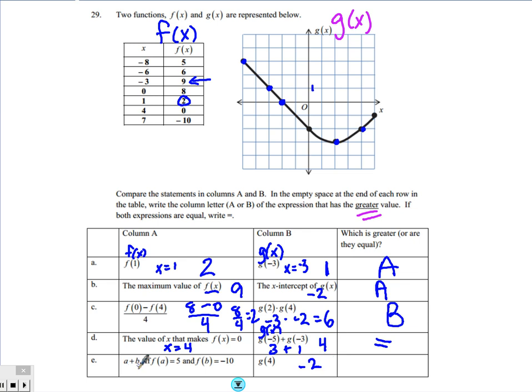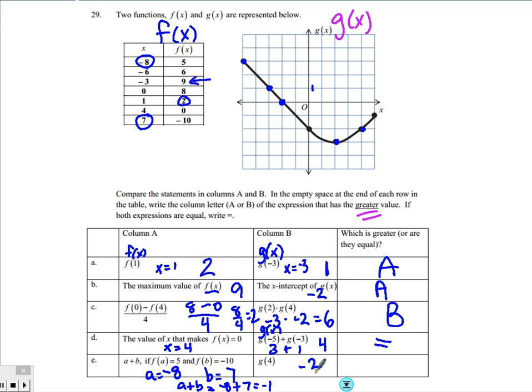And a plus b. If f of a is 5 and f of b is negative 10, so we need to find what input value got me 5, what input value got me negative 10, and then add those two values together. So how did I get 5? Well, to get a 5, I input a negative 8. So a is equal to negative 8. B, how did we get negative 10? We had an input of 7. So if I add up a 7 and a negative 8, I get a negative 1. A plus b, negative 8 plus 7